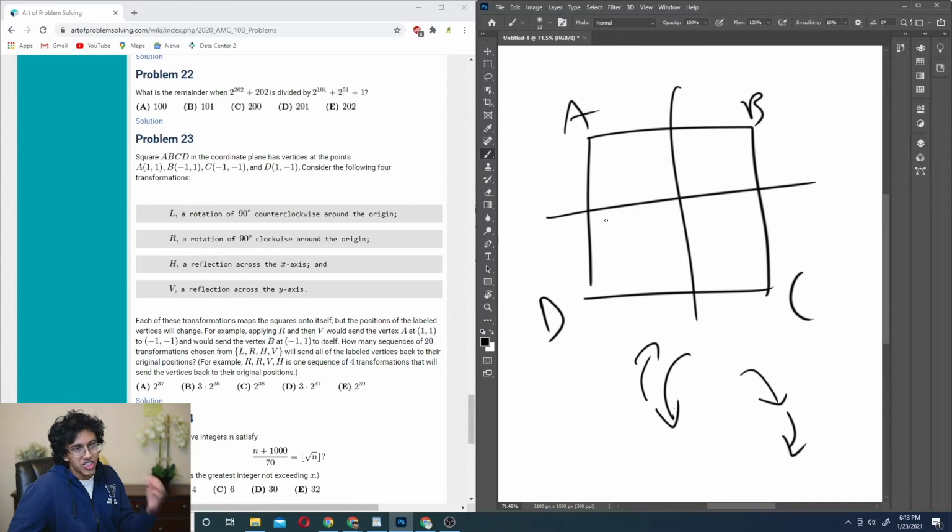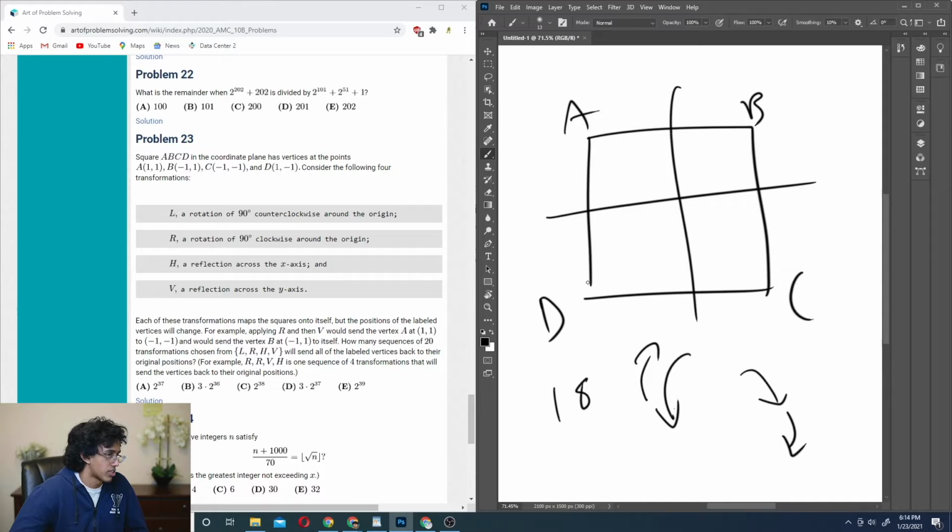Okay. So essentially, once you get to 18 moves, you could either be back at your original position, or you could be 2 away from your original position, right? There's no way for you to be 1 away from your original position, because we just proved that after an even number of rotations, you should be able to get back to your original spot. So essentially, we could do anything we want for the first 18, and then for the very last 2, there's 2 options, right? Either we're 2 away from our original position,